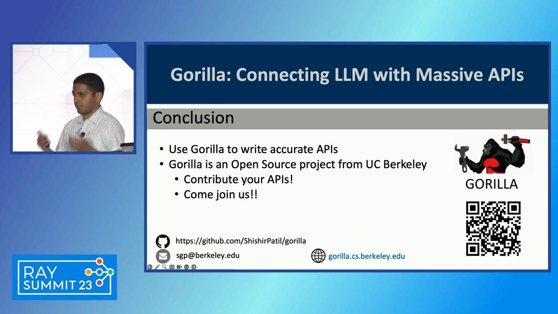And we have an API zoo where you can contribute your APIs. If your organization has a bunch of APIs, we train models with it. So when users request Gorilla, we can serve your APIs to them. And this includes RESTful APIs, GET POST, GraphQL APIs, SQL APIs, so on and so forth. We are pretty agnostic to that.